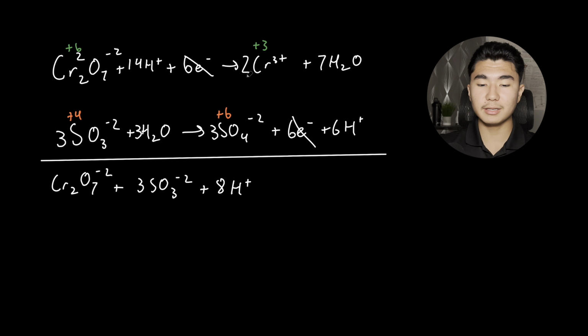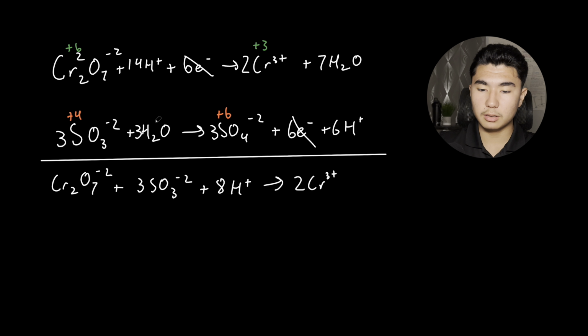So we're going to have that 8 hydrogen on the reactant side. All we have left now is the product side: we have 2 Cr3+, and over here 7 minus 3 is 4, so plus 4H2O,